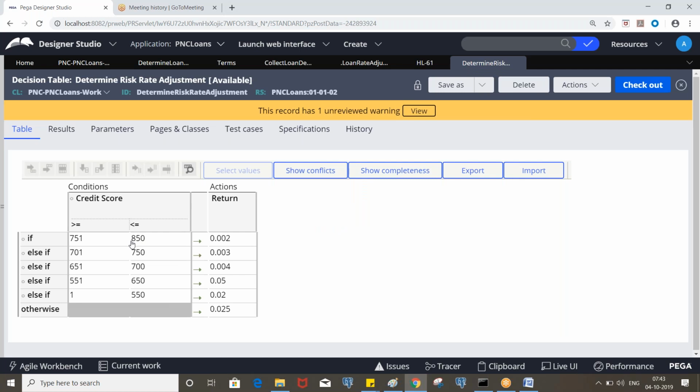But see, if it is 1000, then also it will go to otherwise, right? So why haven't we specified those conditions?